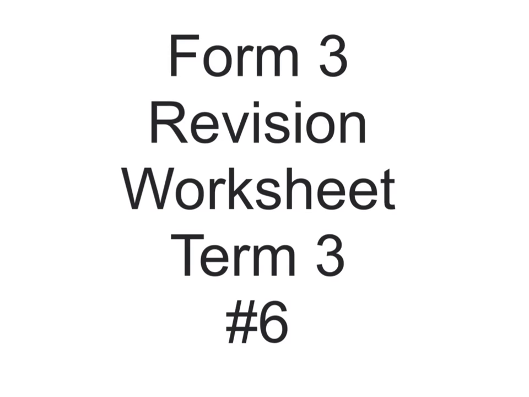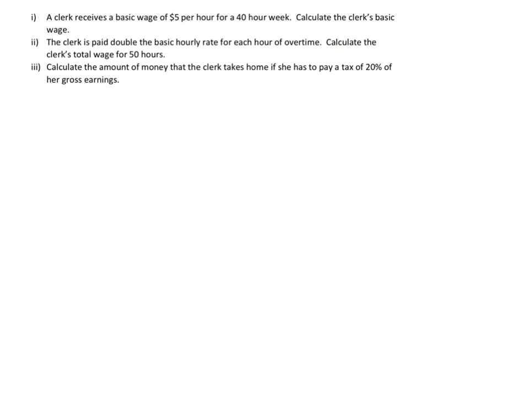Form 3, Revision Worksheet, Term 3, Number 6. Okay, so for 6A, we have a clerk that receives a basic wage of $5 per hour for a 40-hour week. They want to know what's the clerk's basic wage. So for part 1, the basic wage would be equal to $5 multiplied by the 40 hours,